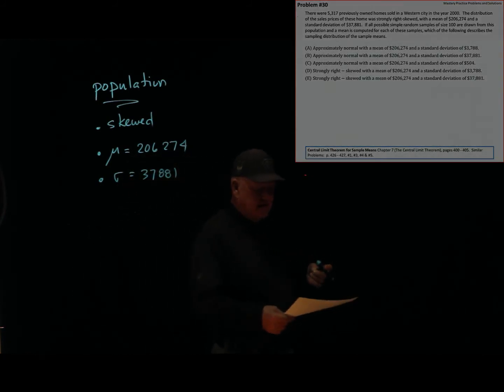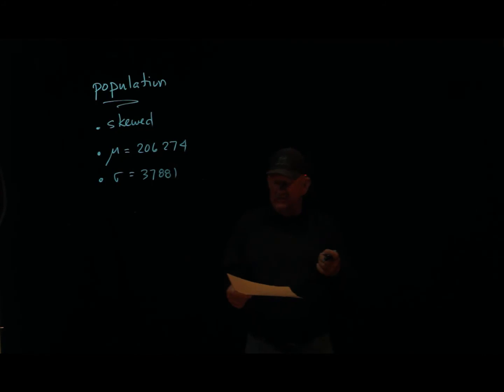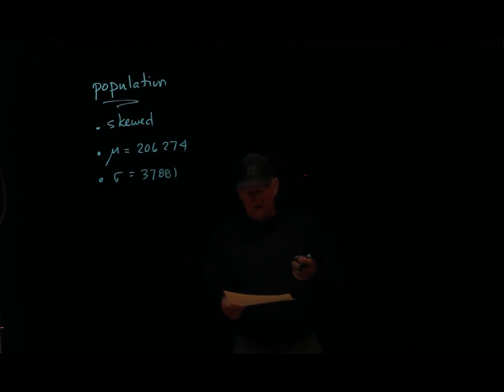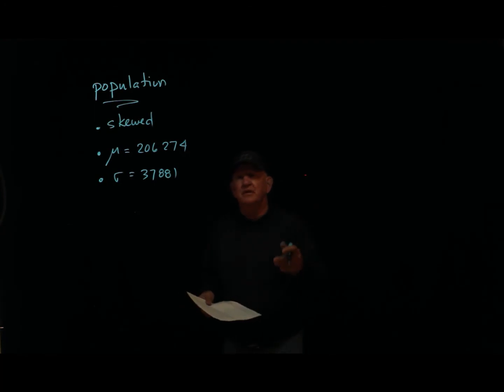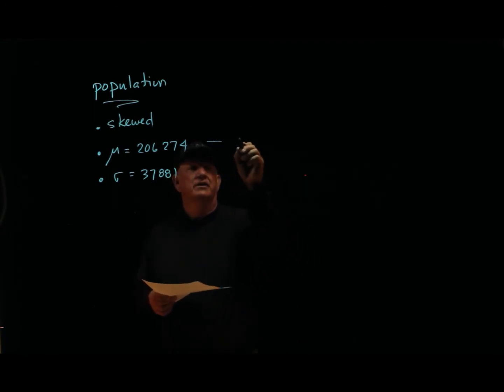It says, if all possible simple random samples of the size 100 are drawn from this population, and the mean is computed for each of these samples, sorry, not 100 means, if all possible means, thousands of means, right? Tens of thousands of means, are computed for each of these samples, which of the following describes the sampling distribution of the sample mean. So, the central limit theorem